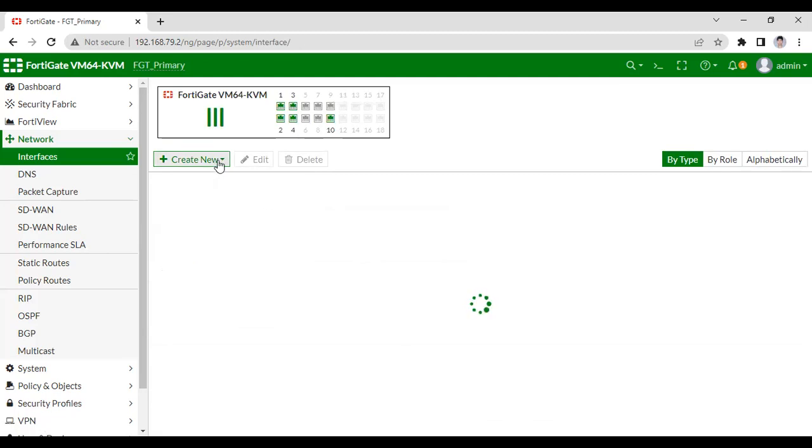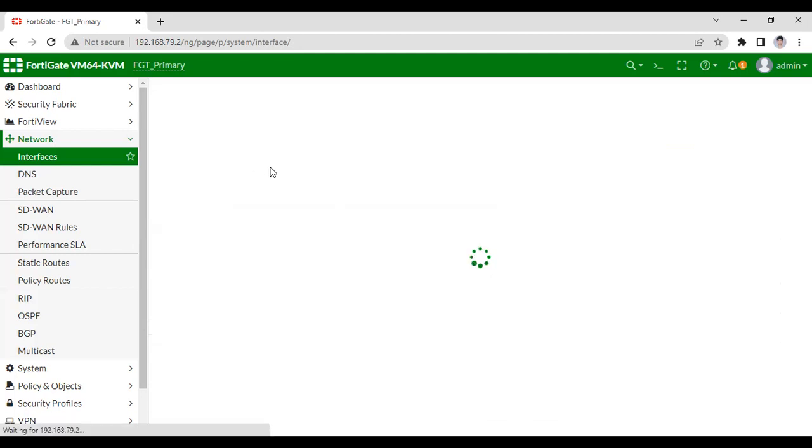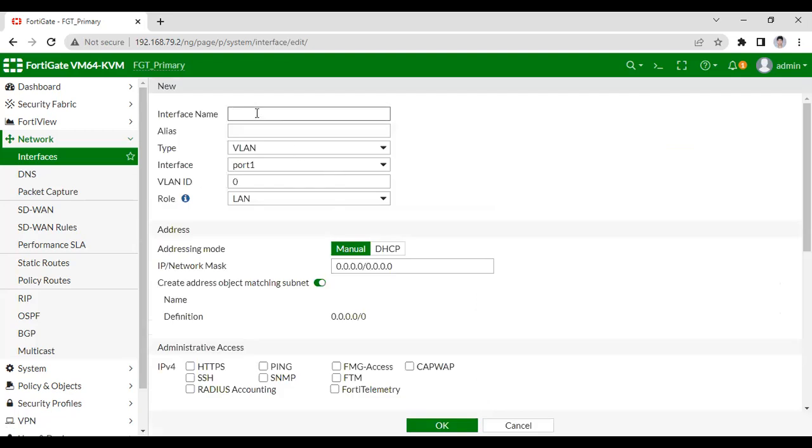Now I'm going to configure the VLAN 20 interface, for port 4, VLAN 20, and it is going to be admin.